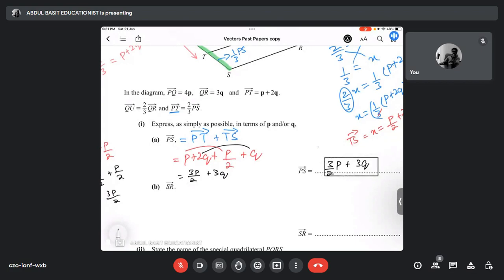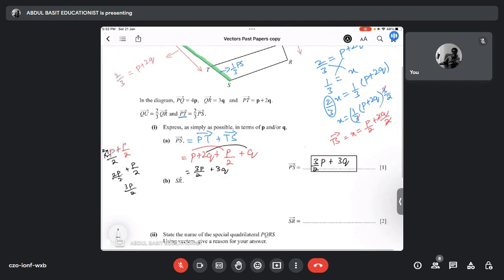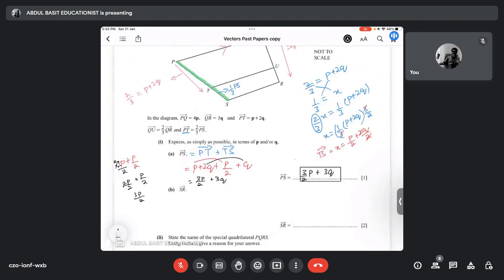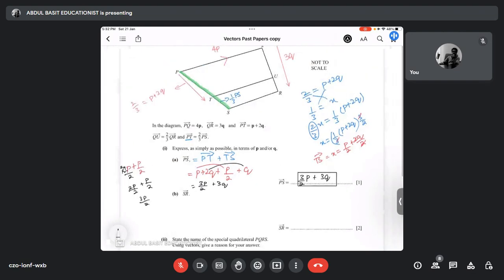Yes, sir. Noor, Hoor and Barira, do you understand this? Now we have PS vector available, vector हमारे पास available है PS। So now SR, मैं थोड़ा सा आप लोगों को लंबा प्रोसेस करा रहा हूँ ताकि आप लोगों को कॉन्सेप्ट समझ आ जाए, वरना ये बहुत आसान है। आगे क्वेश्चन हम जरा जल्दी जल्दी करेंगे, स्टार्टिंग के क्वेश्चंस हैं।